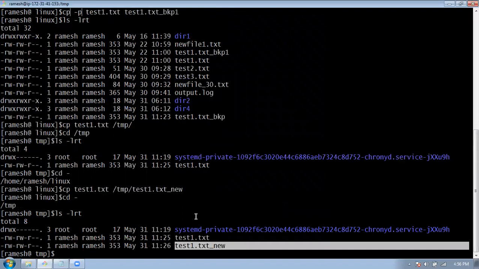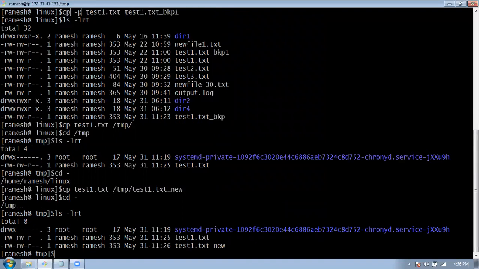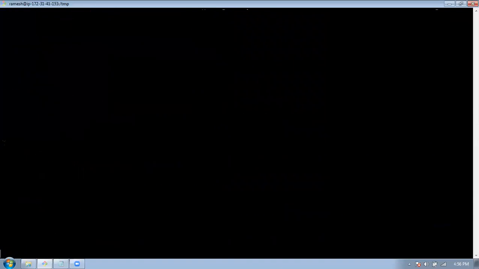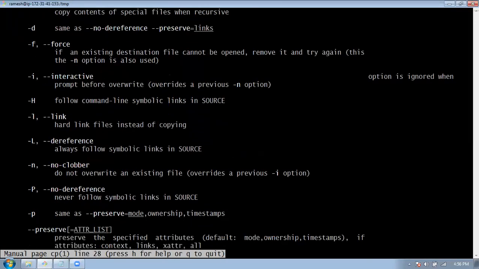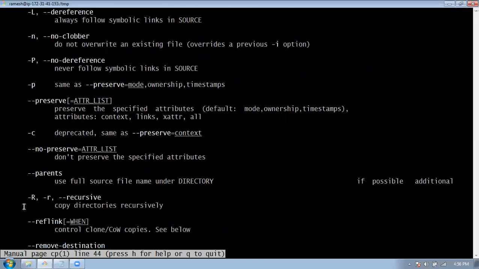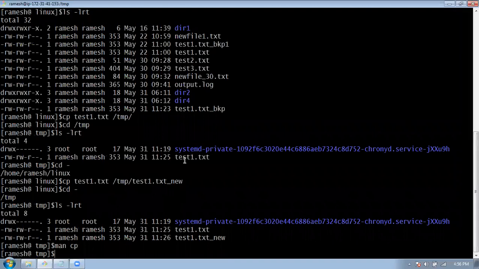Suppose now if you want to copy many files from directory, so that time you can use CP -R. So let me see. So R stands for the recursive here. So the option you can use here, recursive. Suppose now there's a directory here. So this directory can contain multiple files inside that. So I want to copy all the files at a time and its subdirectory files also to different directory, different location. You can use -R option. So that is an important option we will be using.